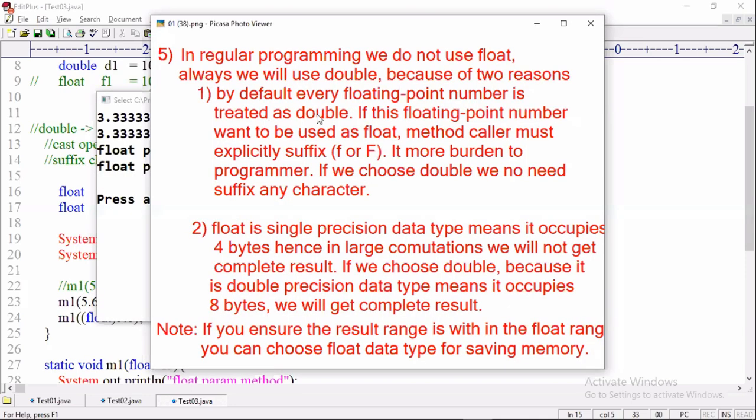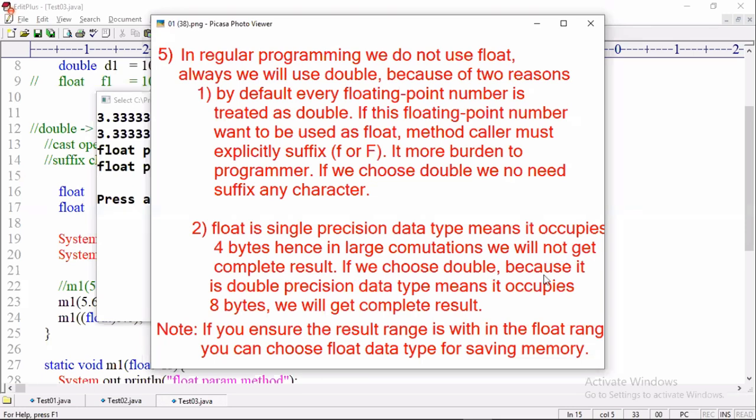So by default, every floating point number is treated as a double. If this number is to be used as a float, the method caller must explicitly suffix small f or capital F. It's more burden to the programmer. If you choose double, we need not suffix any character. Float is a single precision data type, meaning it occupies 4 bytes. Hence, in large computations, we will not get a complete result.